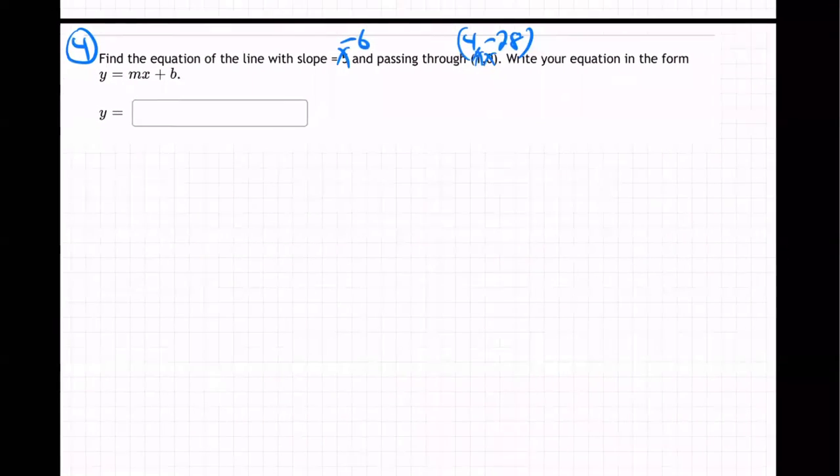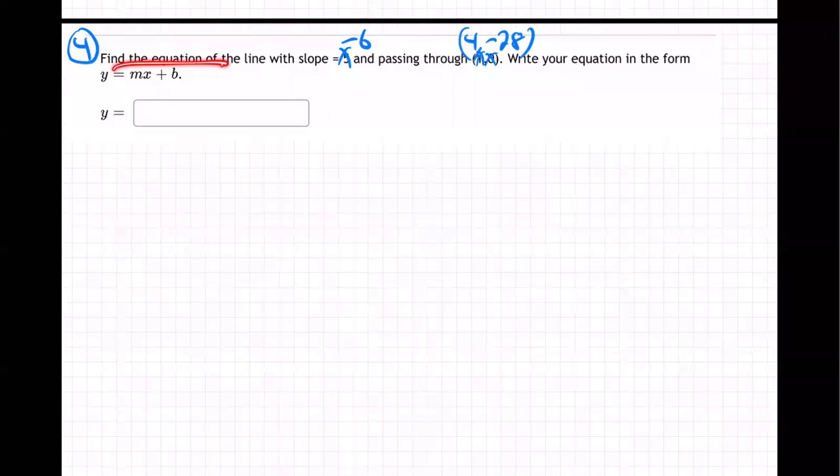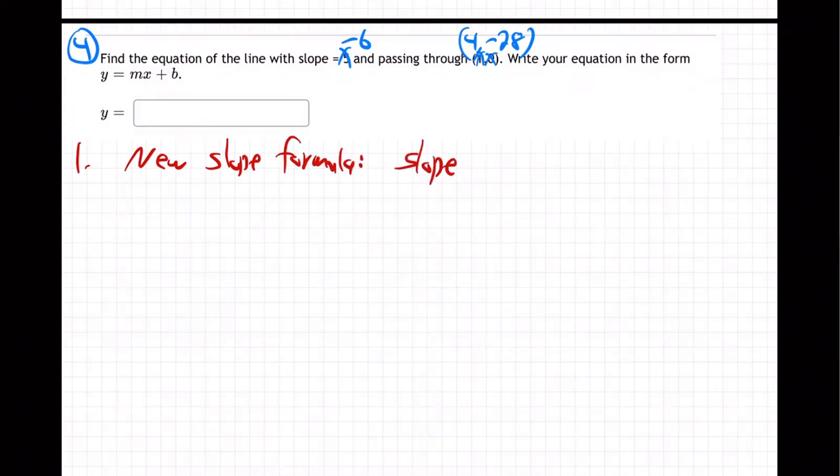Okay, so on this question, they're asking us to find the equation of the line with slope, I've changed the problem a little bit, slope -6, and passing through the point (4, -28). Write your equation in the form y equals mx plus b. So step one is we start with the new slope formula, and the new slope formula is slope equals